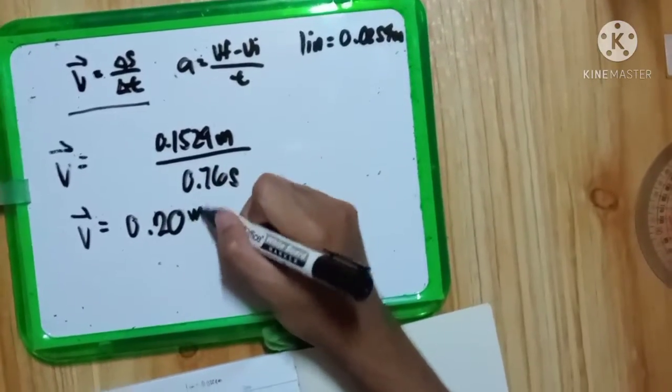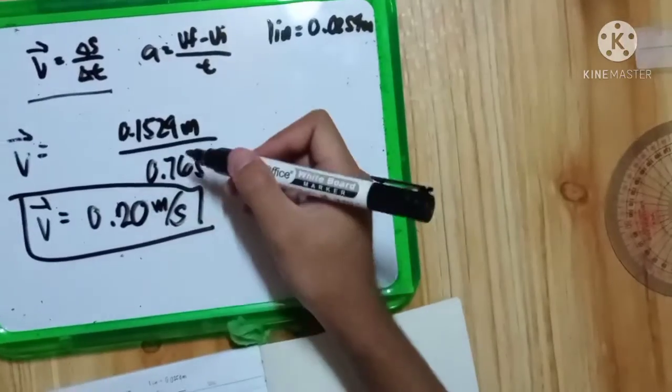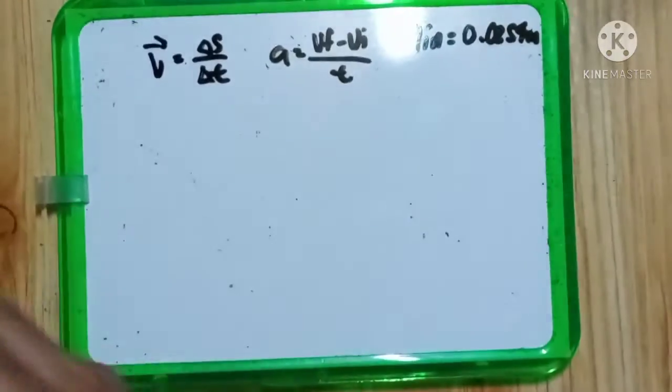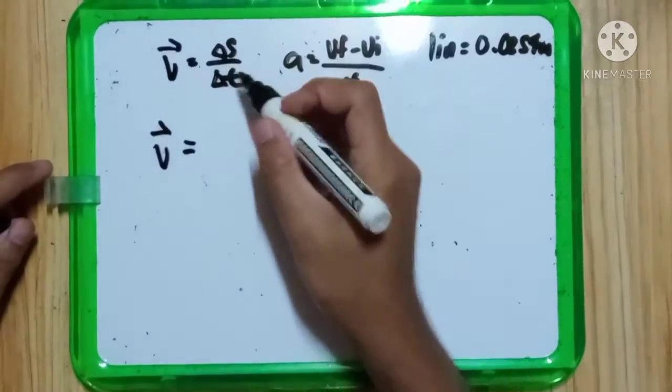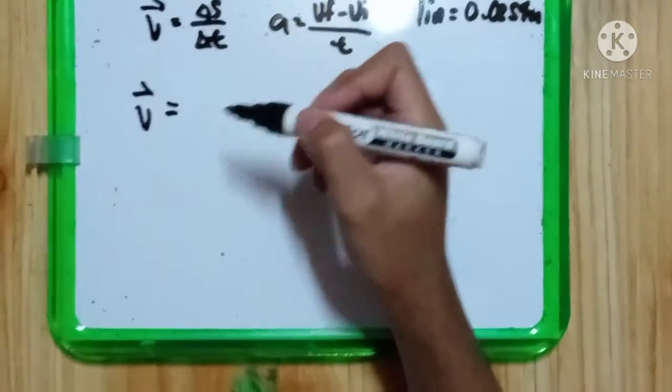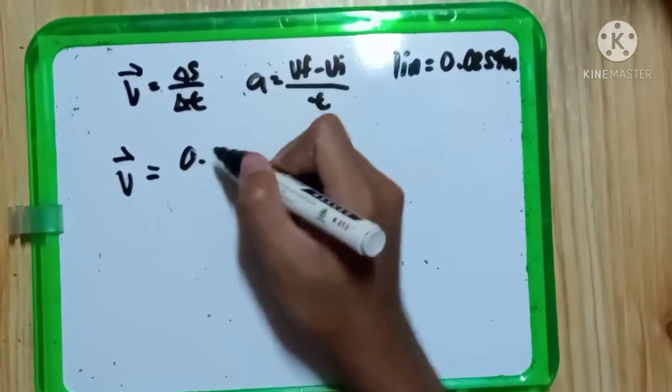0.20 meter per second. So this is our velocity for the first strip, or the 6 inches. Let's find the velocity first for the second strip. The displacement: we have the 12 inches. Let's convert it into meters. The result will be